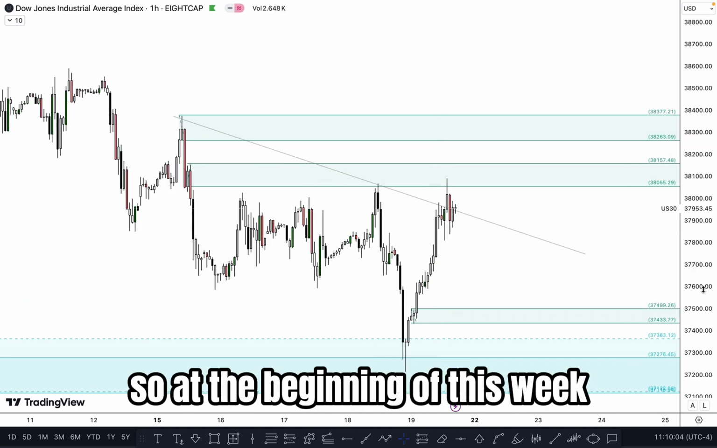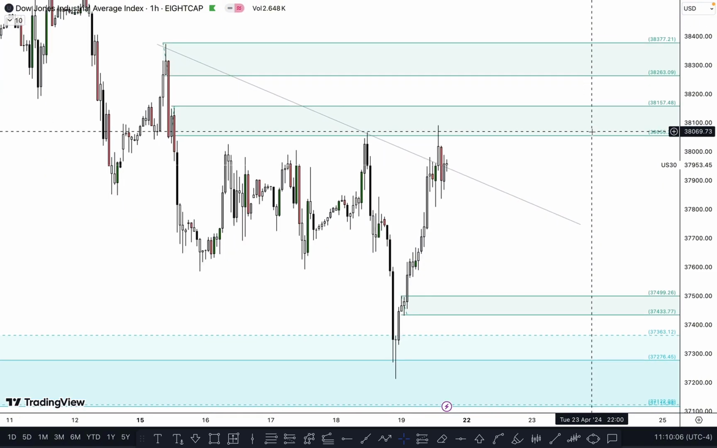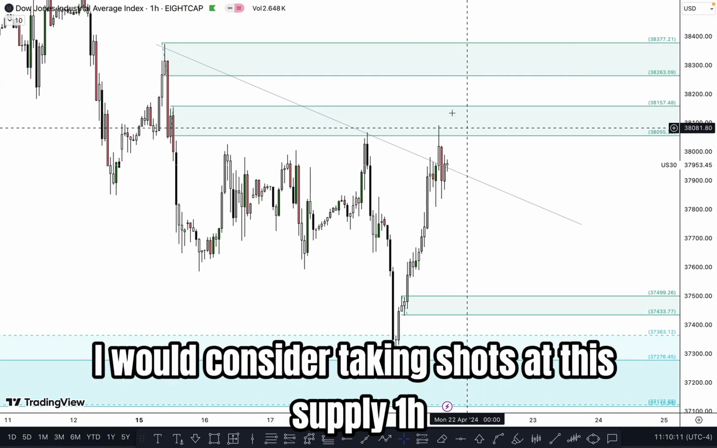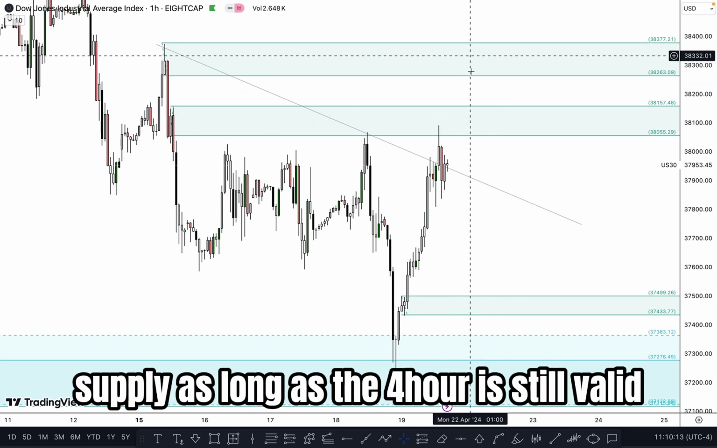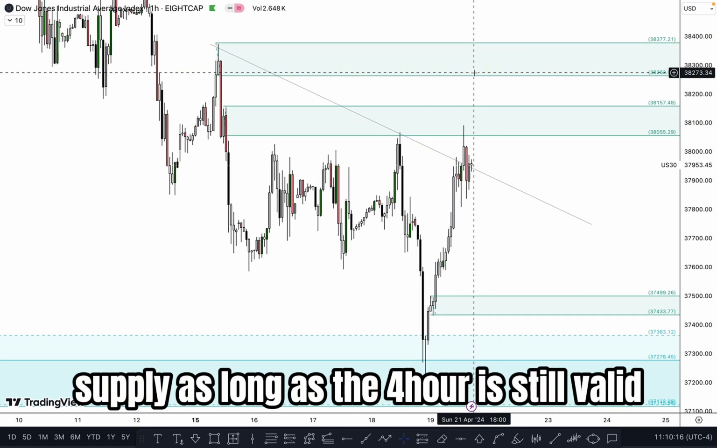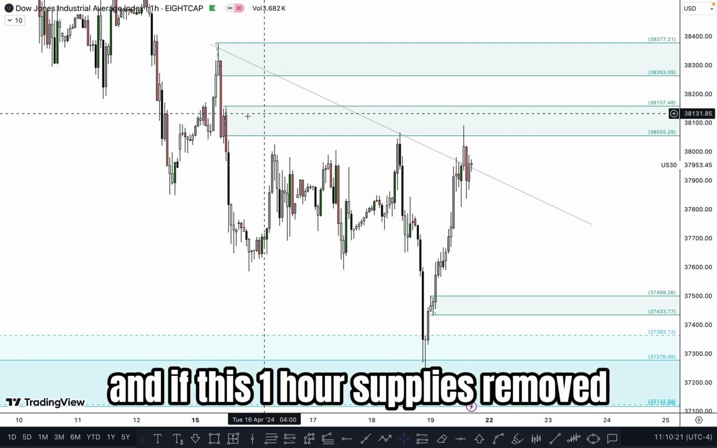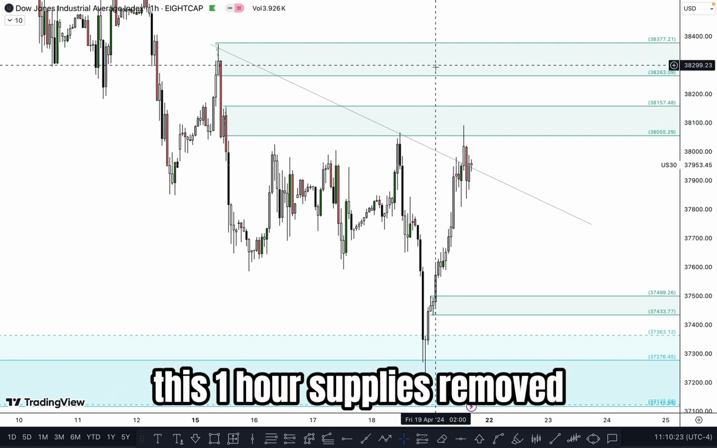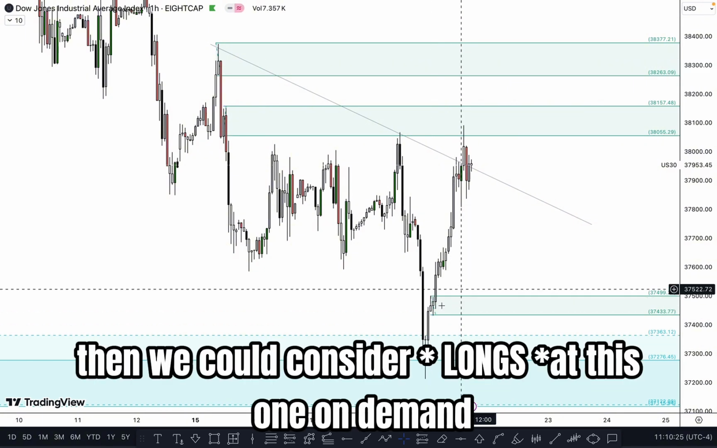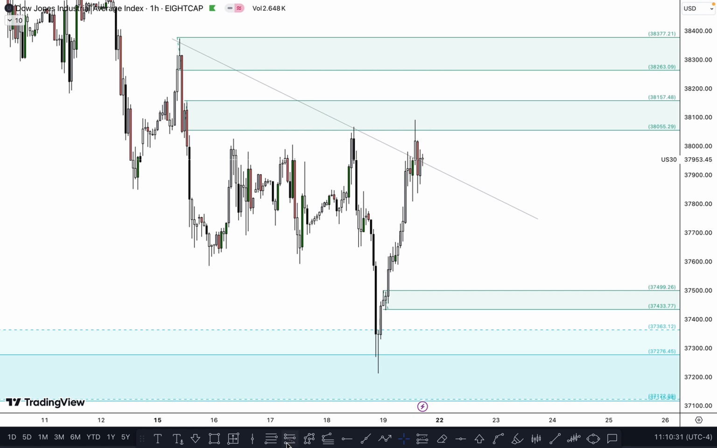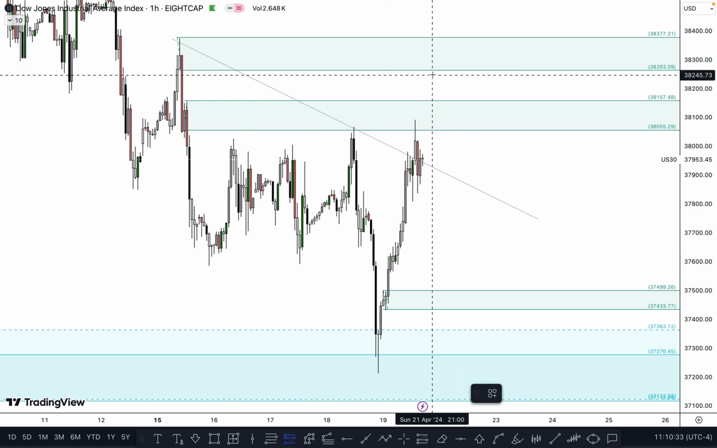So at the beginning of this week, I would consider taking shots at this 1-hour supply, at this 1-hour supply, as long as the 4-hour is still valid. And if this 1-hour supply is removed or this 1-hour supply is removed, then we could consider shots at this 1-hour demand, right? So simply put,